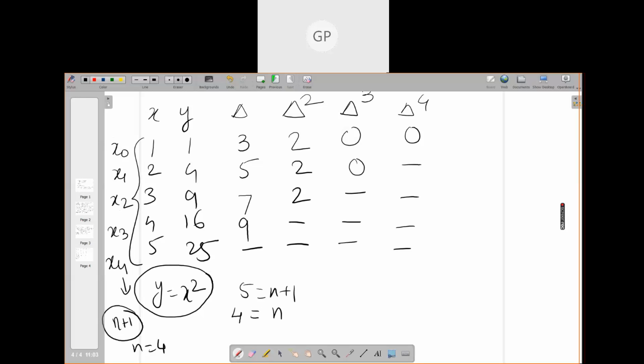जब हमारे पास 5 वैल्यूज हैं तब कौन से ऑर्डर के डिफरेंसेस कांस्टेंट आए? 4th ऑर्डर के डिफरेंसेस कांस्टेंट आए. और ये कांस्टेंट क्यों आया बताओ? Why is delta square constant? Because the degree is 2. It is because of the fundamental theorem of difference calculus that my polynomial is of degree 2. Therefore, my second order differences will become constant and next differences will become 0. Is that okay?